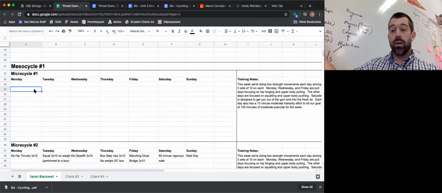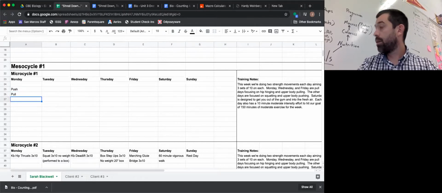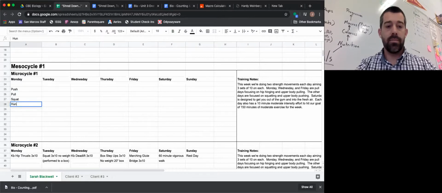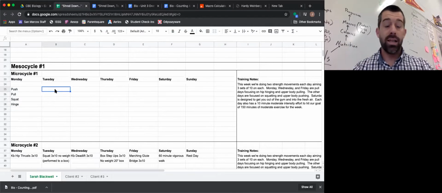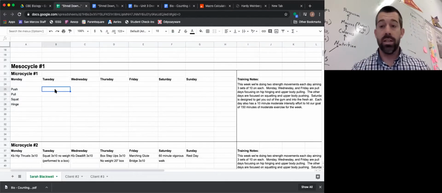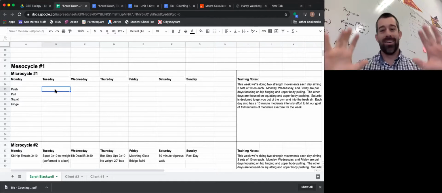We're going to start with movements. And so what I'm going to do is I'm going to think about push, pull, squat. Okay, I'm going to write that down to make sure that I have all my movements accounted for. And I'm going to write down what is my push, what is my pull, what is my squat, and what is my hinge. Just to make sure we understand these things, a push is any movement where you are pushing,